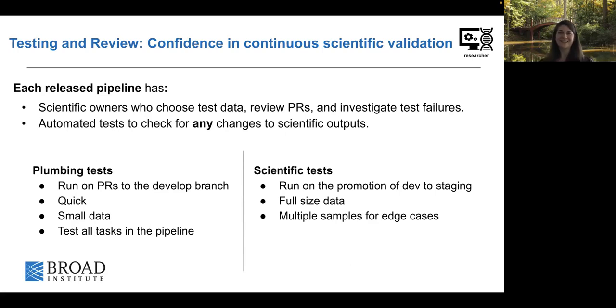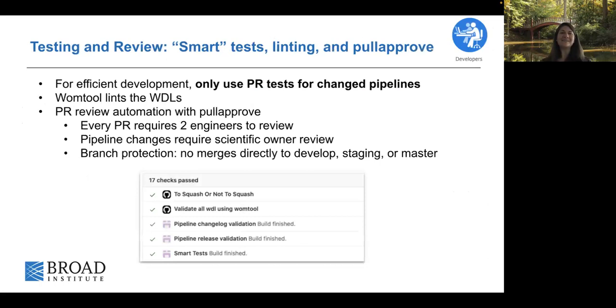So, okay. All right. So we also have in place smart tests and linters that can check again on every pull request that the pipelines are looking well. So for the smart tests, these are tests that are going to catch only changes that impact the pipeline. In other words, we're only going to run our plumbing tests on pipelines that are impacted by a change. So these are automated tests that we have in place that can go in and check what WDL tasks we're